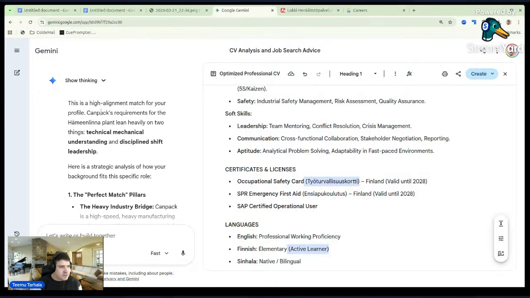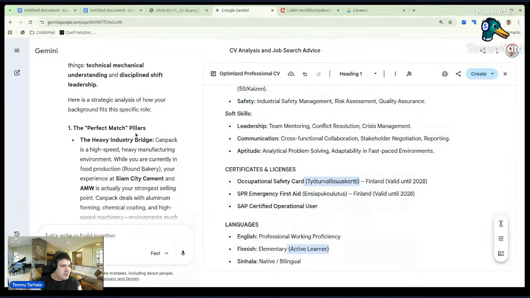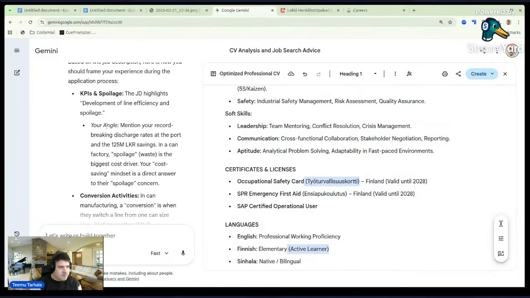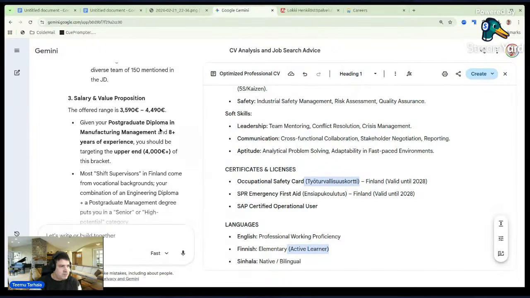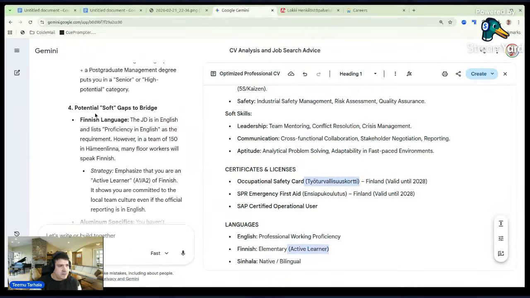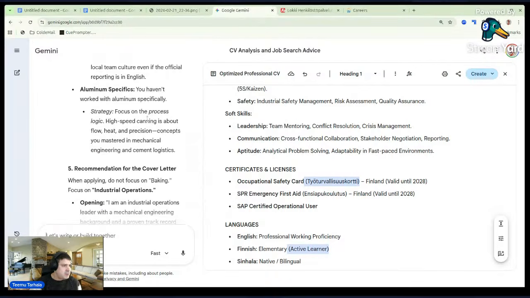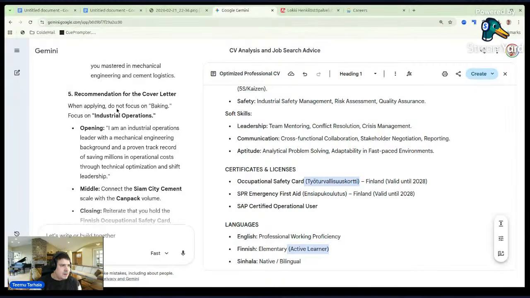Highlight alignment match with your profile. That's a good part. Yes, the perfect match pillars mentioned. Deep dive addressing key responsibilities. It highlighted the parts which would be a good fit, potential soft gaps, Finnish aluminum specifics, cover letter.